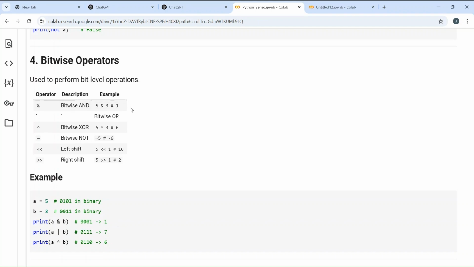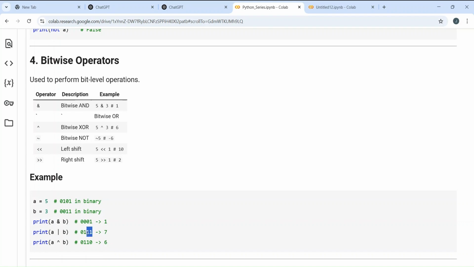Similarly, bitwise or, this is the symbol for bitwise or. Let's take 5 and 3 again. 5 is written as 0101 in binary. 3 is written as 0011 in binary. If you have to do an or operation, you have to do it between the bits of these. Let's start from here. 1 and 1 would obviously give me 1. Now this 0 and 1, for an or, at least one of them should be true for us to get the answer as true. Now one of them is true, so I will get 1 here.